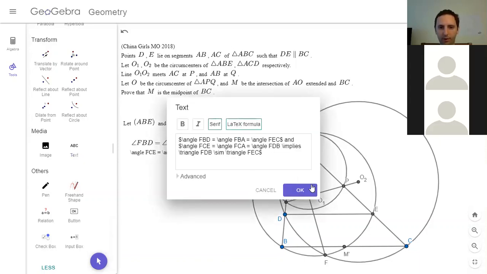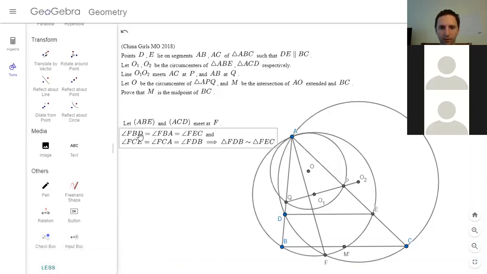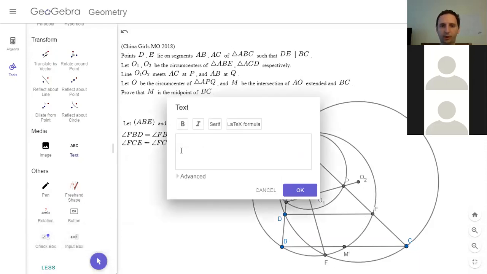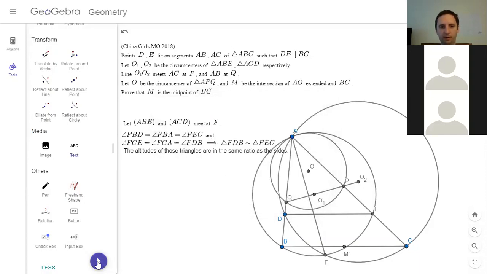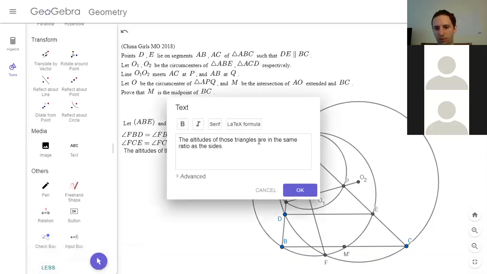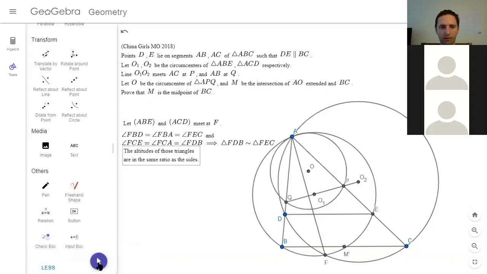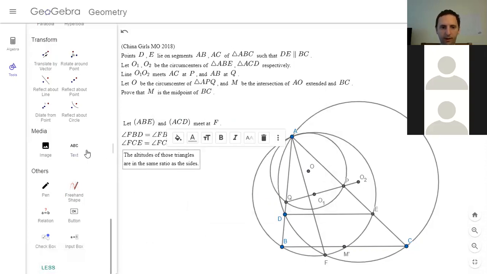We gotta add another $ sign. All right. And then the altitudes of those triangles are in the same ratio. Okay, so I'm just gonna write that statement out. There we go. So that means that